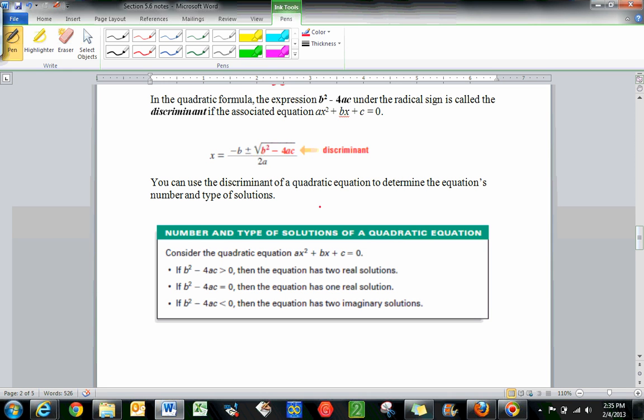In previous videos we talked about the quadratic formula as a means of solving different types of quadratic equations, and if you remember from the previous examples, we had different types of solutions available to us. There is, however, a way of knowing what those solutions are going to be prior to working the problem. If you noticed the pattern as we worked through this, and if you didn't, you can go back and look at the previous examples, but there was a pattern that had to do specifically with the value underneath the